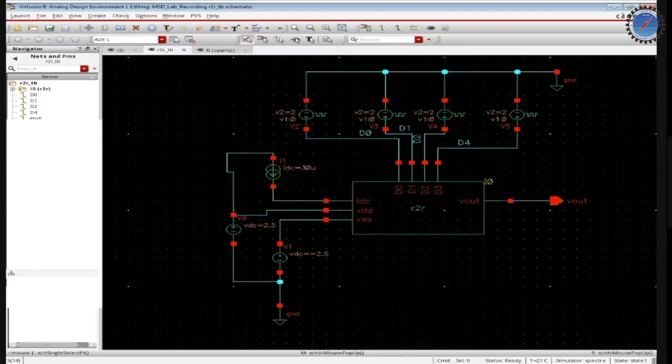And to plot all the various signals, we are plotting the output. Okay, that is shown here. And we are going to plot all the 4 different input values, right? So D0, D1, D2, and you can use D3 here. D4 is put, it's okay. These 2 is not required. I'm going to remove them. All right, so then we can do a netlist and run.